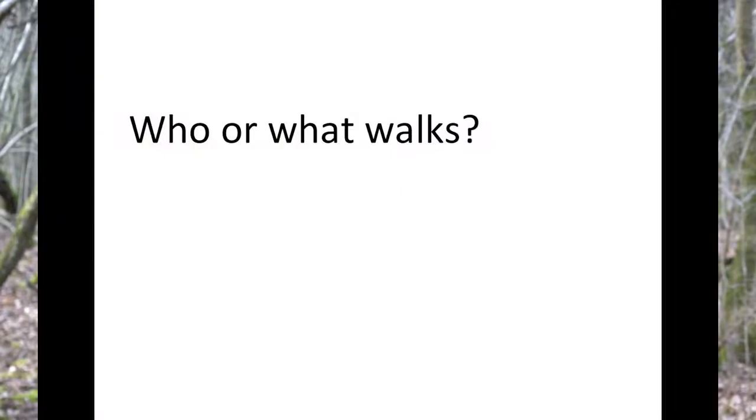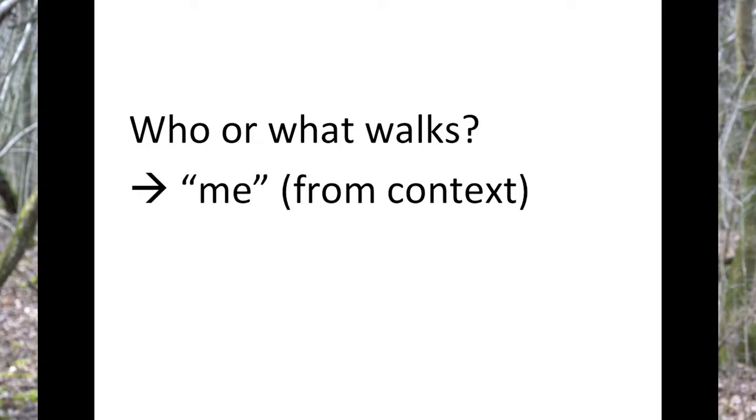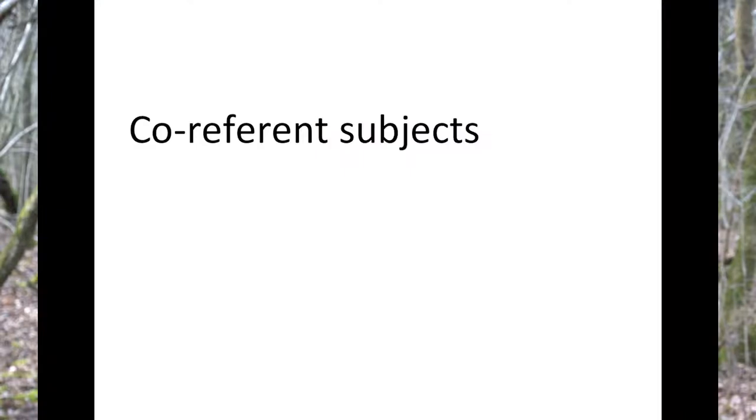Let's now ask this question again and go one step further. We can now have a look at walk. We can ask who or what walks? To walk in the woods. Well, in a way it's me again, right? I'm walking again. So the subjects are what we call co-referent. The subjects are the same. And here we've got an infinitive marking that. Okay, so the subject is sort of understood. It's I in the context.